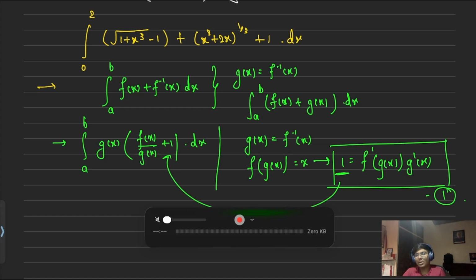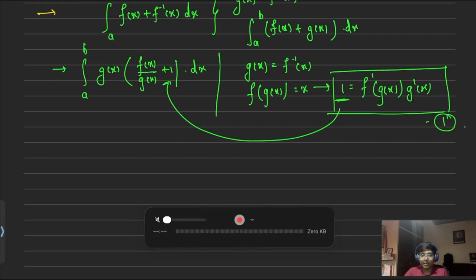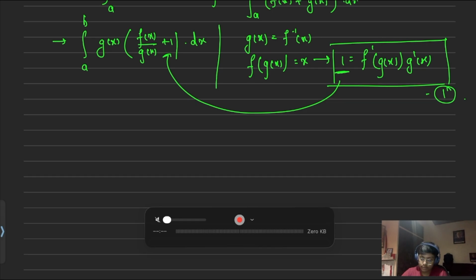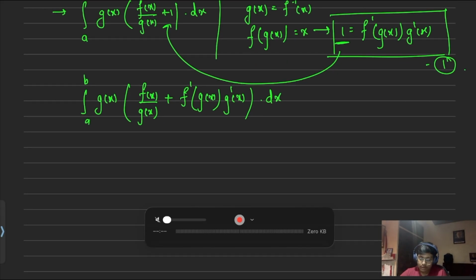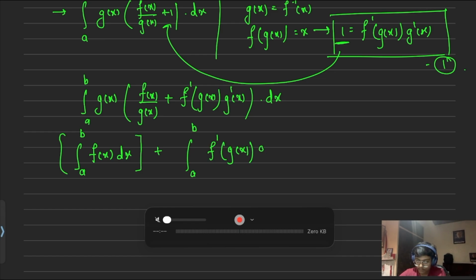It might look complicated at the first step, but trust me, this step will surely lead to a solution of the integral. So I'm going to put it here: f(x) by g(x) plus f dash of g(x) into g dash(x), whole of dx. Spot on. Now this will get reduced to f(x) dx. We will keep this separately and first focus on the second part, that is f dash of g(x) g dash(x)